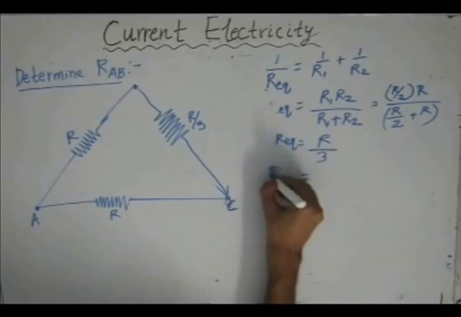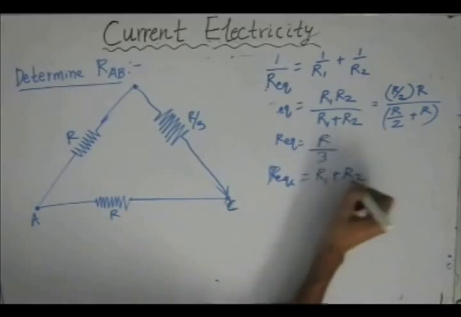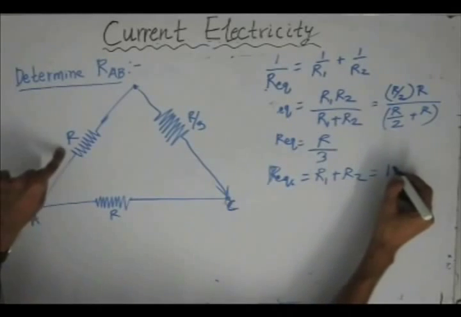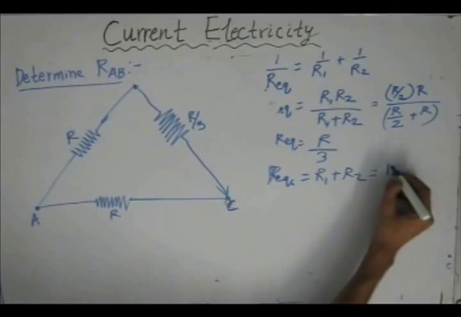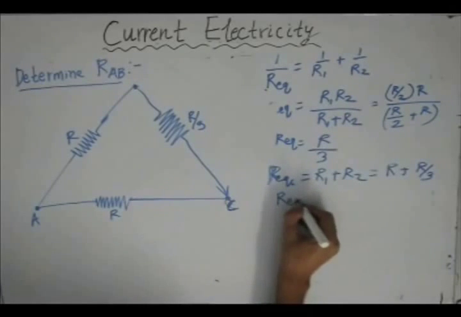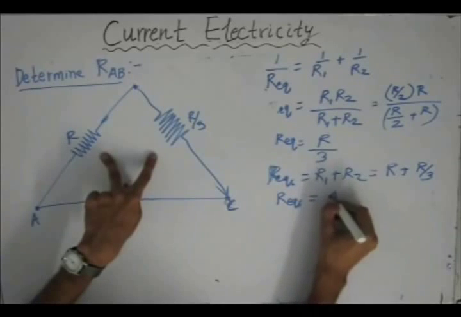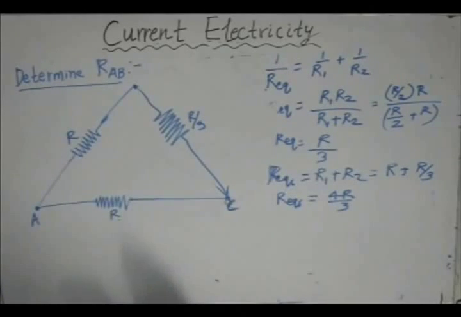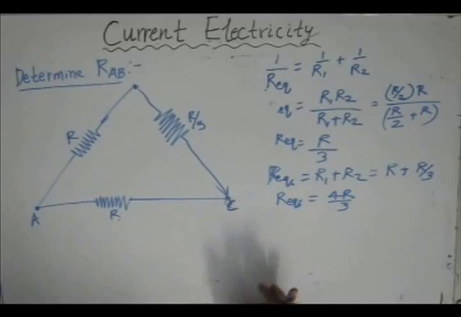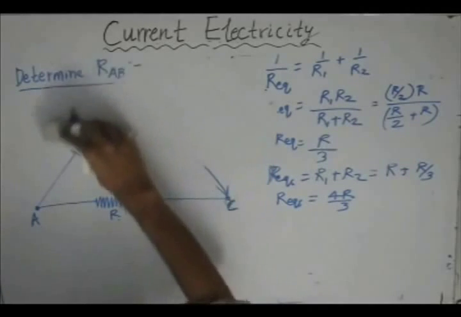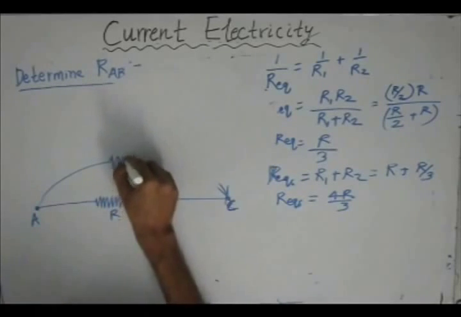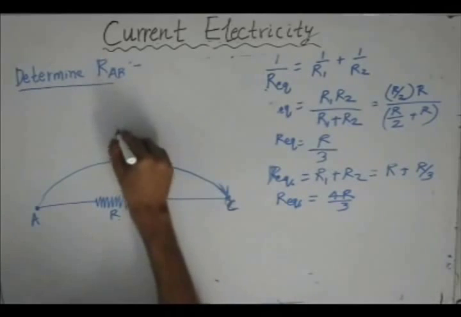resistors, when the resistors are connected in series, we'll call this resistor R1 and this R2. R1 is the same as R, and the other resistor, R2, is equal to R divided by 3. So here the equivalent resistor for these two resistors would be 4R by 3. We can replace these two resistors by a single resistor of value 4R by 3. So we can remove this branch and introduce another branch whose resistor is 4R